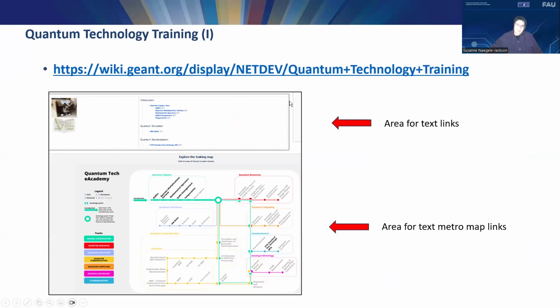In all the tracks, we have that text part. This is for accessibility reasons. You have a link to the Moodle that is linked through text. But if you want to enjoy the Metro map, these are beautiful maps created by Leo. We have them for all the tracks that we have in the Network eAcademy, and it's fun to use those.